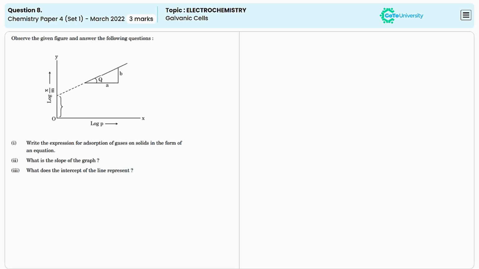In this question, a graphical representation between log p and log x by m is given. We need to write the answers for the given questions based on this graphical representation. First one is to write the expression for adsorption of gases on solids in form of an equation. We can write the equation, that is log x by m is equal to log k plus 1 by n